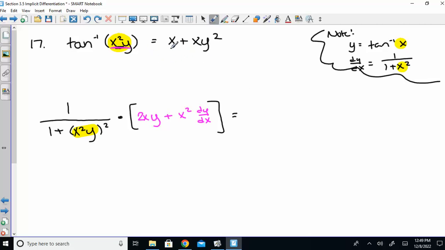Now let's go to the right. Derivative of x is 1 plus xy squared. So we have to think product rule here. So derivative of the first is 1 times the second, plus the first times derivative of the second. Derivative of y squared is